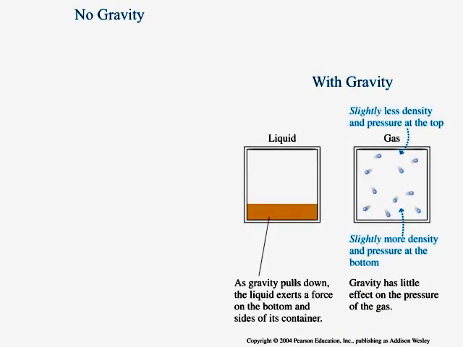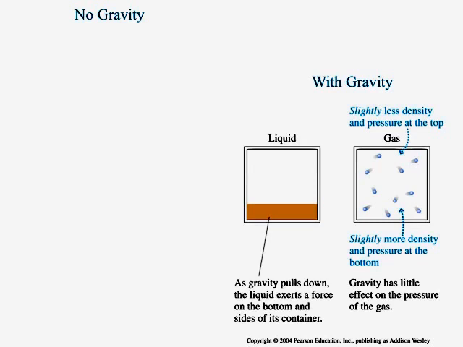With gravity, of course, the gas will be more concentrated lower down. Gravity pulls down the particles. And the liquid won't stay as a ball suspended in the middle or anywhere else. The liquid will all fall down. But all the liquid can't be at the lowest spot. The liquid has to pile up on top of itself.